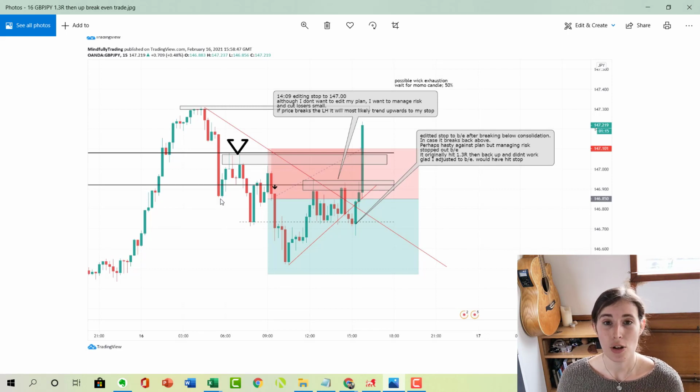I was looking at this double top pattern. So we were breaking down on the 50-minute, we had a lower low here, lower high, a lower low, and this lower high here. As it closed, I then got into this trade, and for the most part it started off working really quite well. And as you can see here, it came down very close to my profit target. At that point I was actually 1.3R in profit, and then it just turned against me,